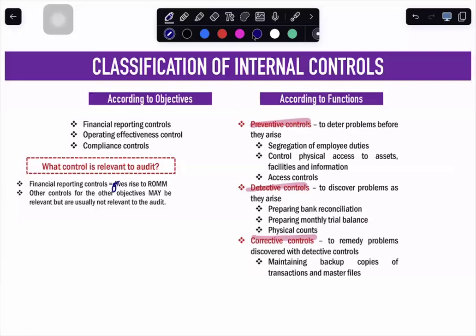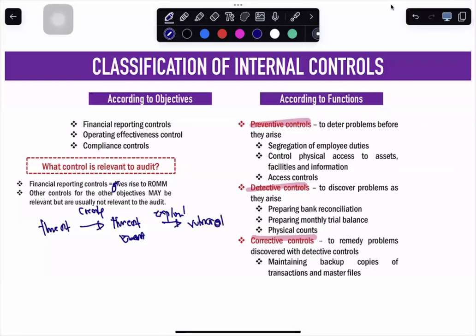Now, what is the relationship of these control activities? Initially, there is normally a threat, and this threat should create a threat event. This threat event will exploit any vulnerability that is present in your current operation. And ultimately, it should result in any potential impact in your system or in your operations.